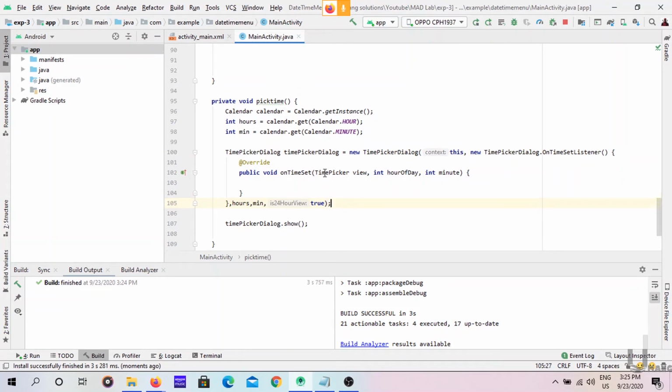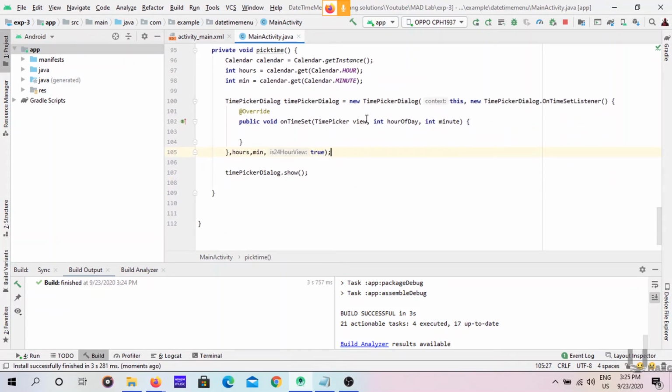Yeah, so now we can get the data from the user. If he uses the time picker dialog box to pick the time, we can get the user's data through these variables, int hours and int minute. So again we will use a string to concatenate these things.